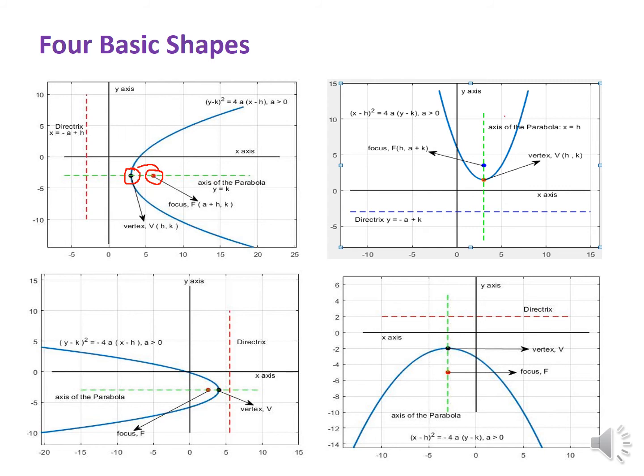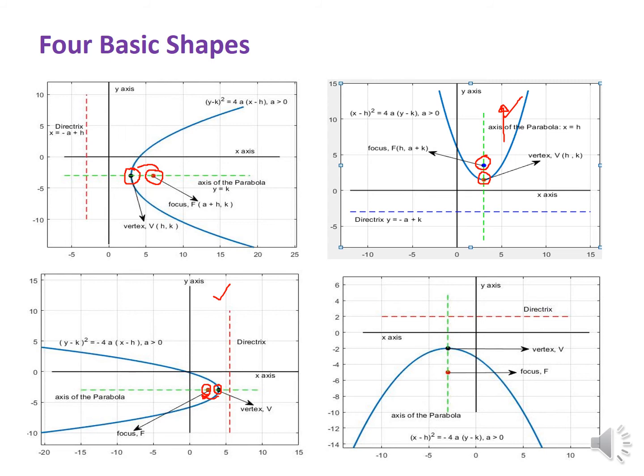Again, for this parabola, this is the vertex and this is the focus, and we see that the focus is directed upward from the vertex. So for this type of parabola, the arms of the parabola will be upward, or the parabola opens upward. Now for this shape, we can see this is the vertex and this is the focus. From the vertex the focus is directed to the left side. So for this type of parabola the arms of the parabola will be directed to the left, or the parabola opens left.